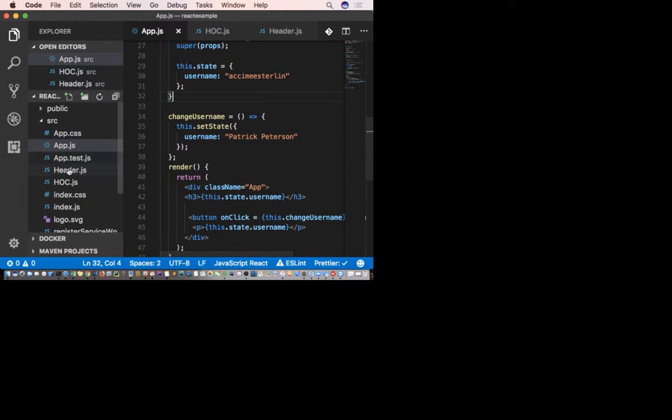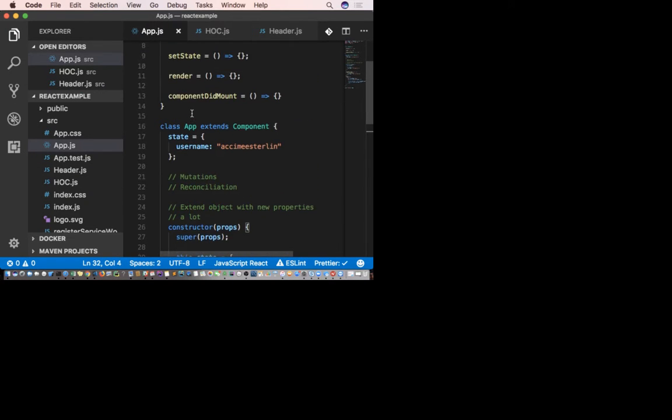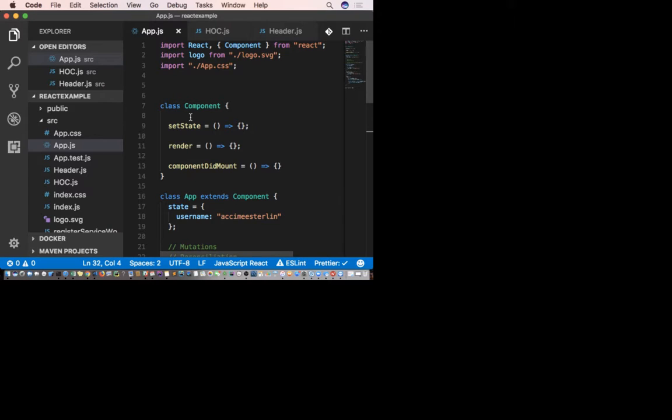Okay, so let's talk about components in React. What is a component? Why should we use them? How do we define a component in React? My question to you is, can everybody here tell me what a component is?